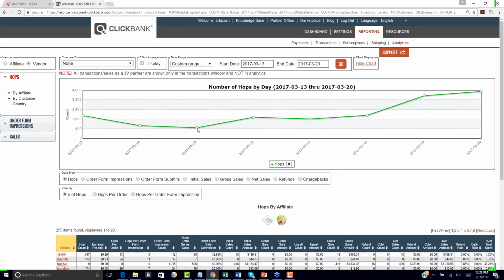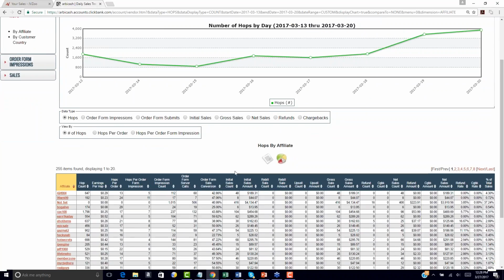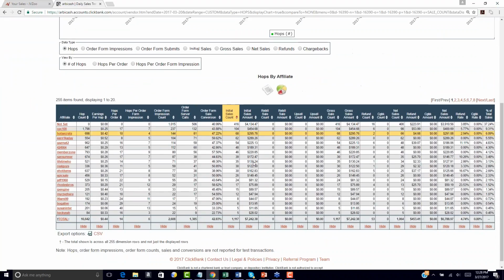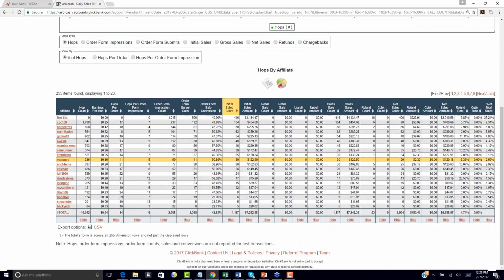And you can see here, they'll tell you how many hop links. So how many hops means how many visits are displaying on that page. And so again, ClickBank has a way of tracking that within their pixels, so they can see how many clicks you're getting from your affiliates. So then we know our amount of sales. So what you want to do here is look at sales count. So we know, right here, that we had over this period